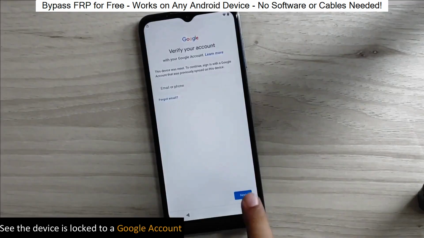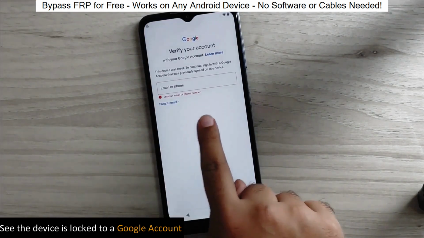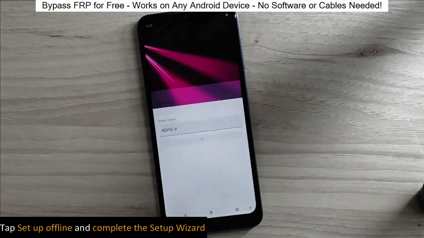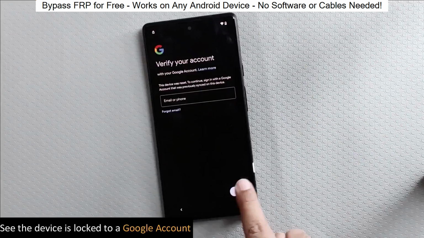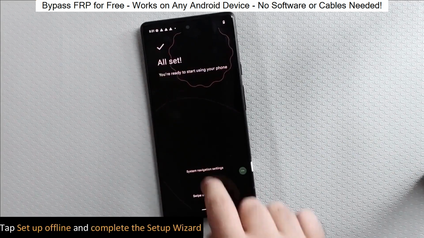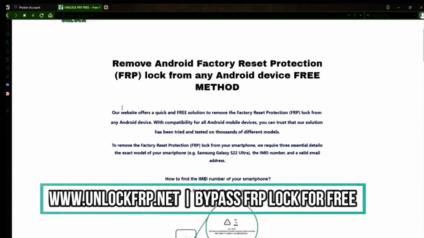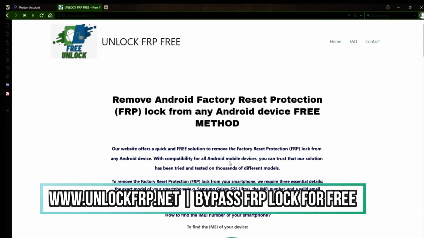I've successfully done this on over 100 Android phones. I'll guide you step by step through the process, so don't worry if you're not a tech expert. Just follow along and soon you'll be able to unlock any Android phone without any hassle. So let's get started. Okay, so the next step is to use this website to remove the factory reset protection